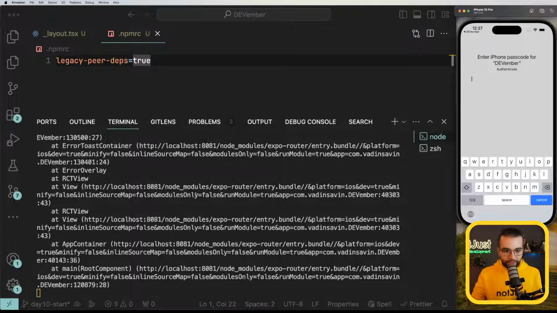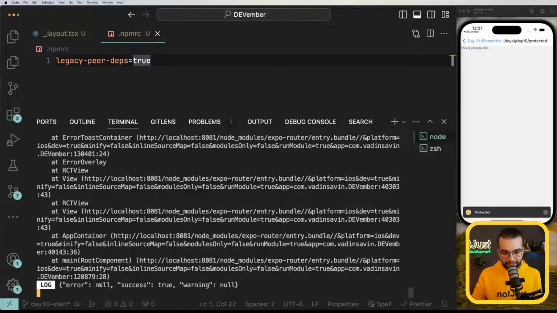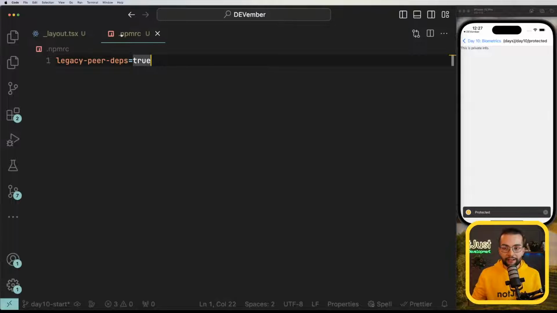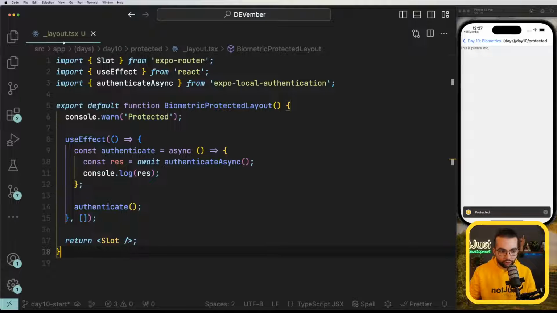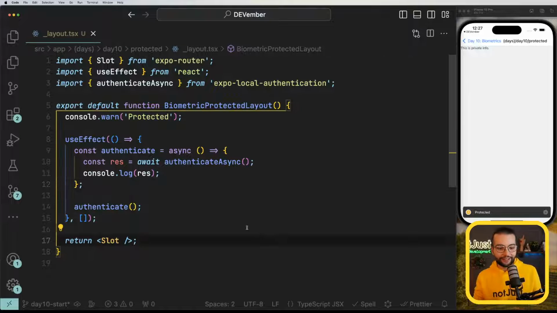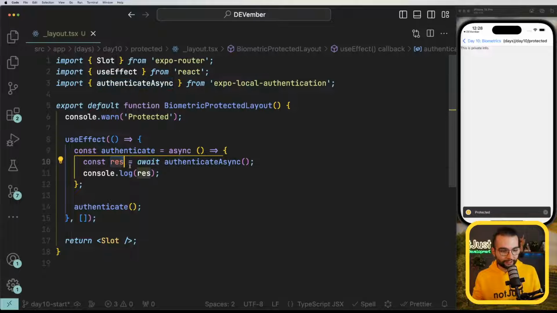We see this authenticate. If I write something, done, we see error null, success true, and warning null, which means that there is no warning. The Face ID is there, but the user has not enrolled into Face ID. So there is something here. The response.success